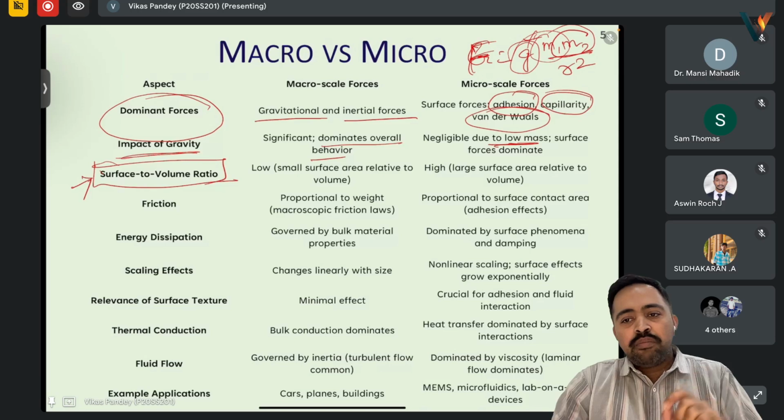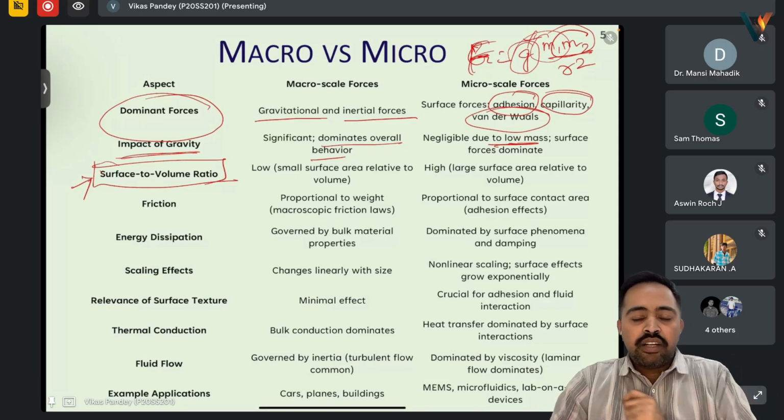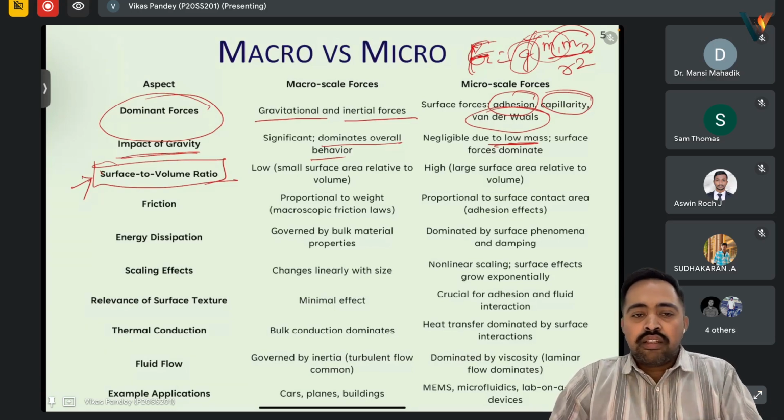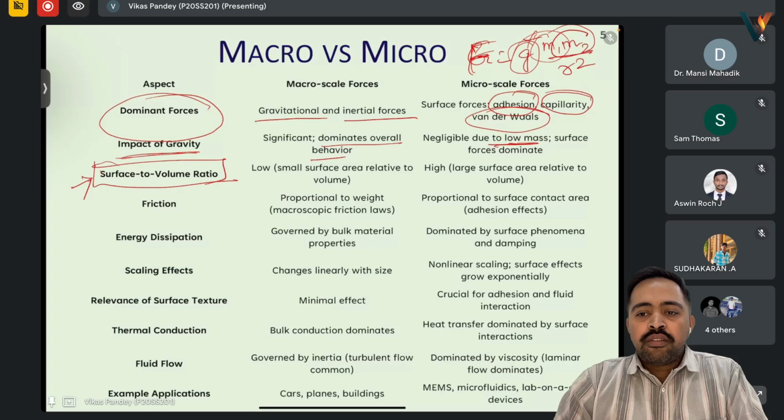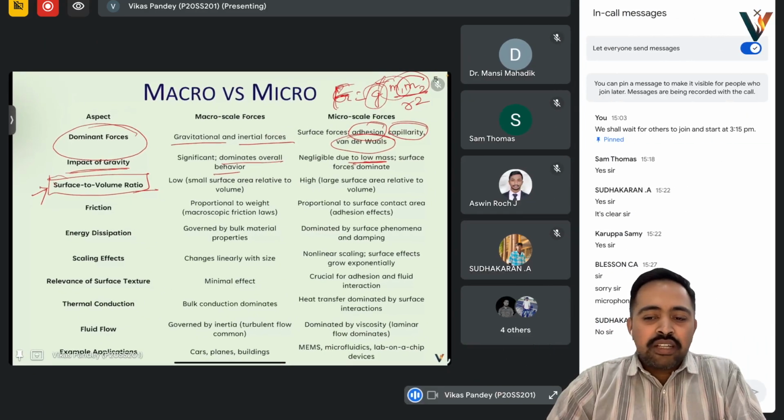At many a place it is written finely divided palladium, finely divided platinum, like that. Anyone remembers? Okay, so now if you check that, you will find that